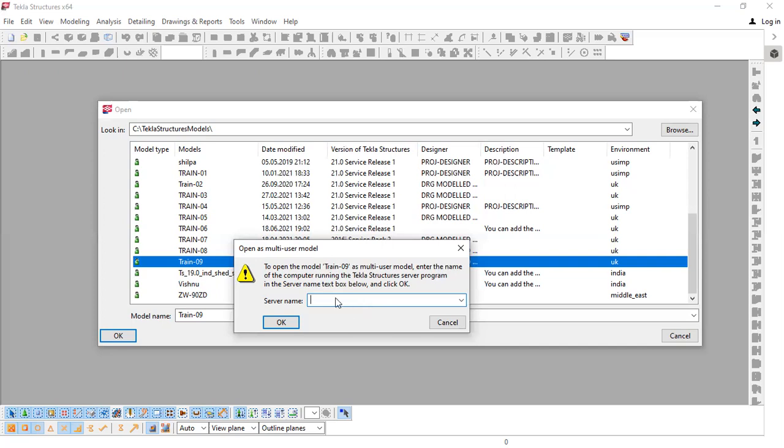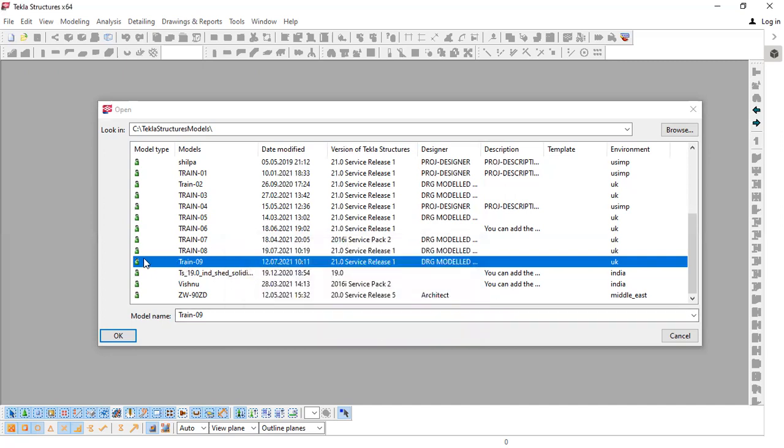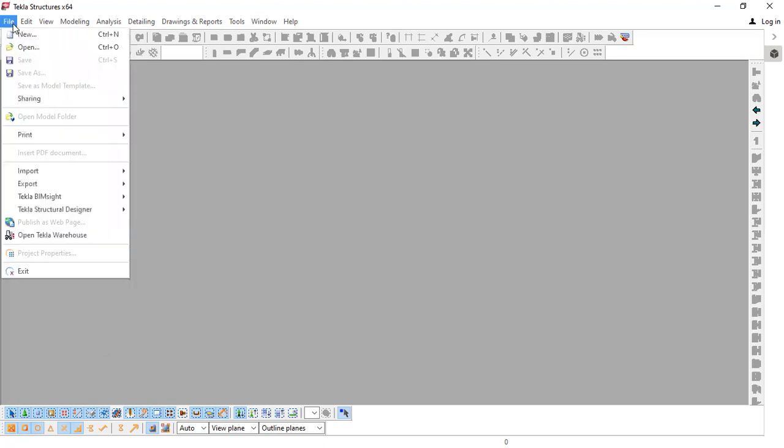So you have to just enter the address here and press OK. Once you press OK, your model will get connected to the server directly. So that icon will be changed and your model will get converted to multi-user and others will be able to access. But if it is in single user, then other users will not be able to access that model. So it needs to be in multi-user in order to get it connected with the multiple users. Okay. So that is a very important step in opening a model, which we saw just now.